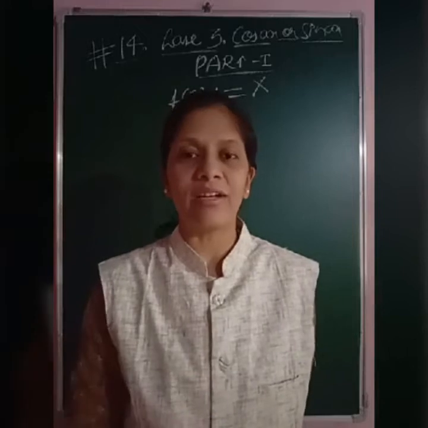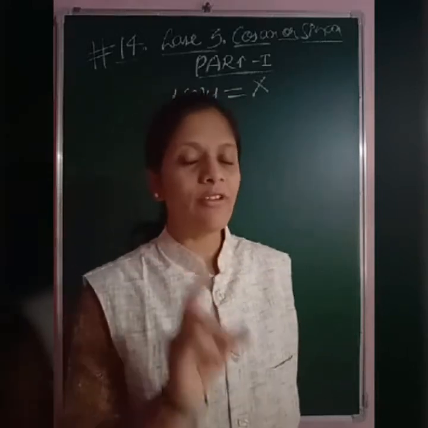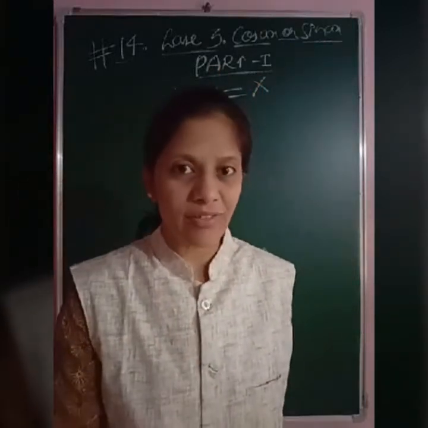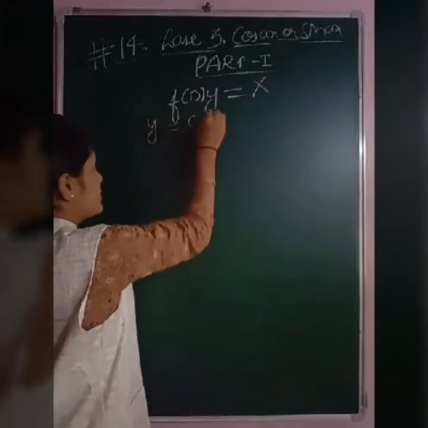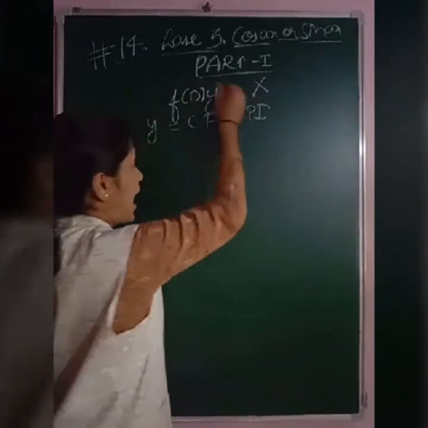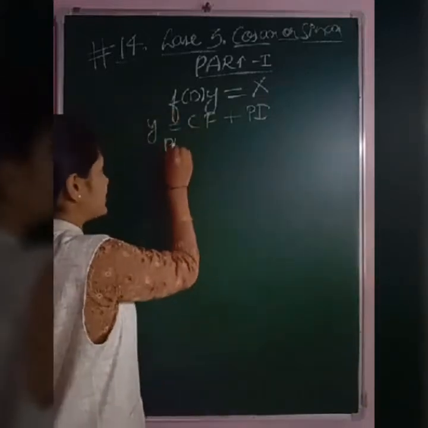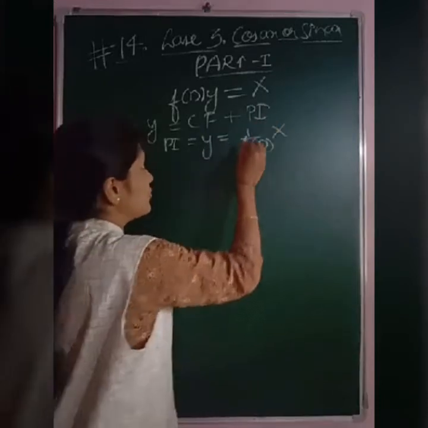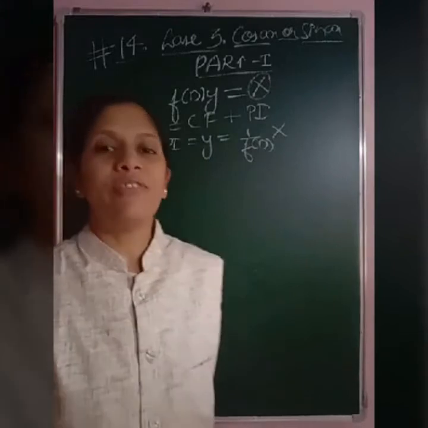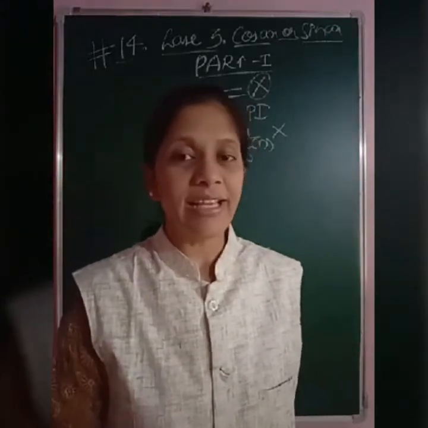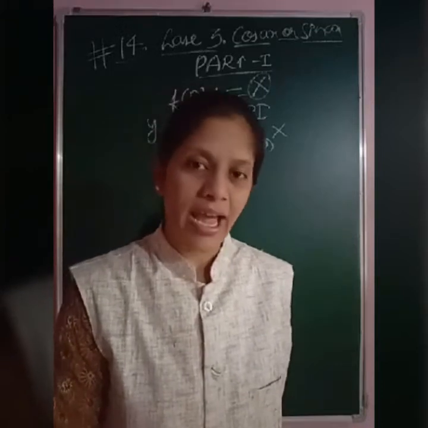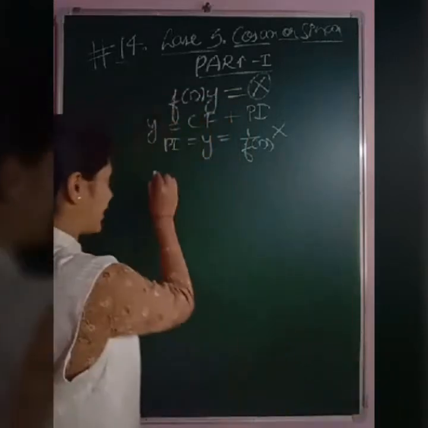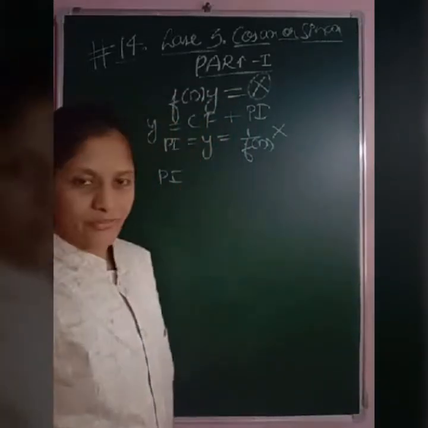So already we are well aware of all these things. The general form of a linear differential equation is f(D)y equal to capital X, and the complete solution is given as y equal to CF plus PI. And how is our PI defined? PI is nothing but y, that is, 1 upon f(D) of X. So based on the value of the RHS, that is capital X, we have different methods. Today let us see how we have to solve whenever capital X is given as cos x or sin x. So PI is defined as y equal to 1 upon f(D) of X.